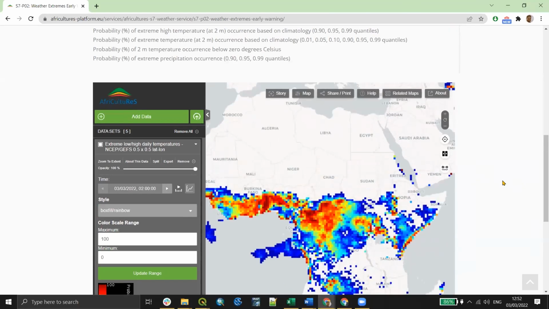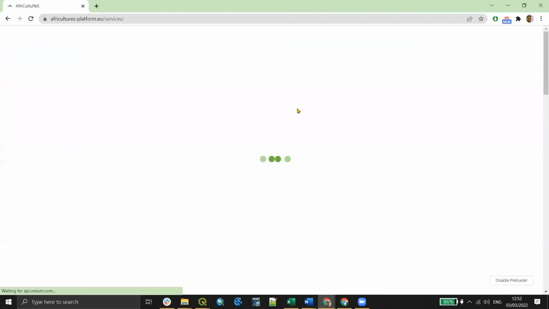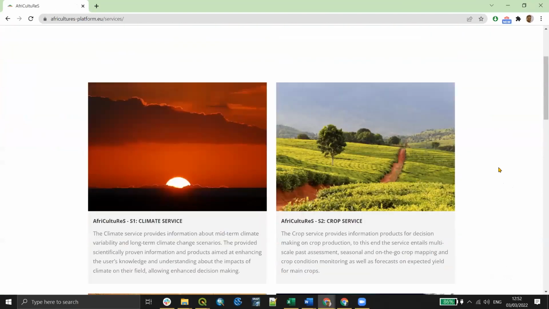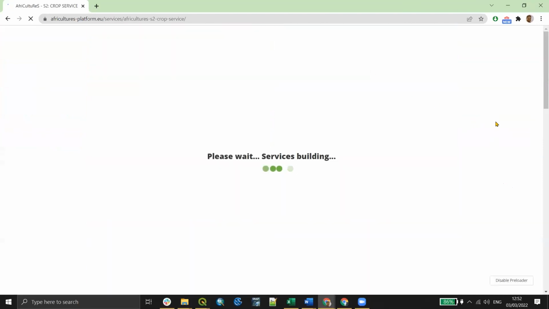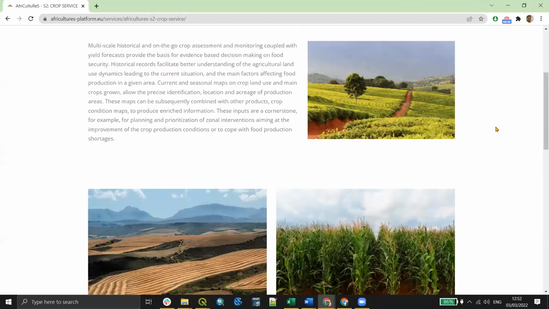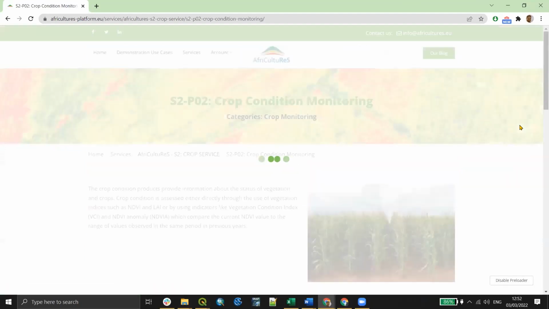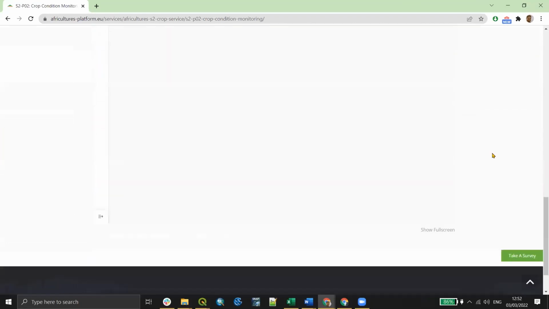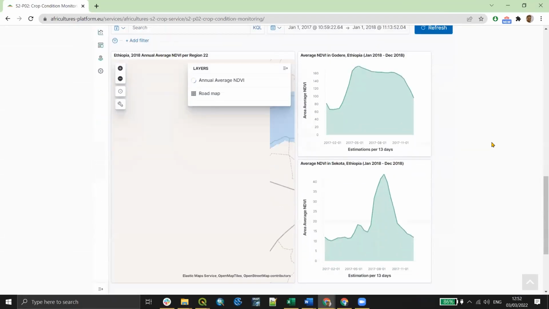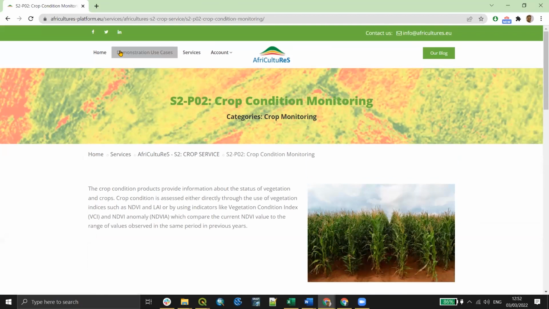In the same way, all the products and all services are structured. So there is a short description. For example, the crop service, supported by the data. So someone can have at a glance one overview of what is available. Going back to the landing page,